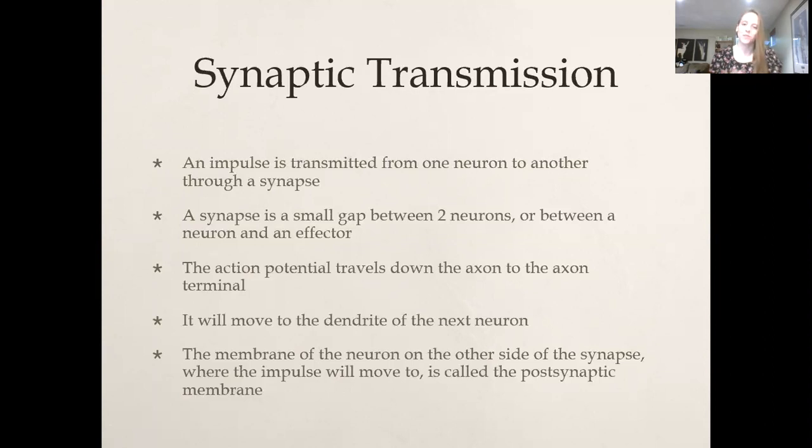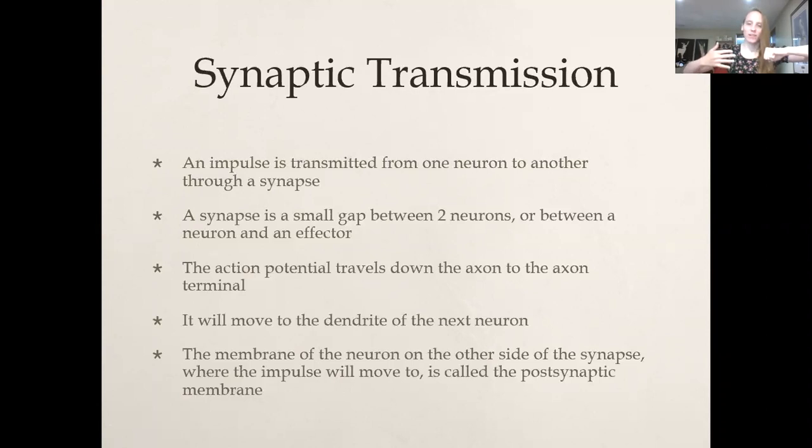An action potential or an impulse is going to travel down the axon until it hits the end of the axon, which is called the axon terminal. Then it has to move from the axon terminal of one neuron to the dendrites, which is like the little finger projection parts of the next neuron. So, neuron 1, axon terminal, space between the neurons is the synaptic cleft, and then we have the dendrites of our